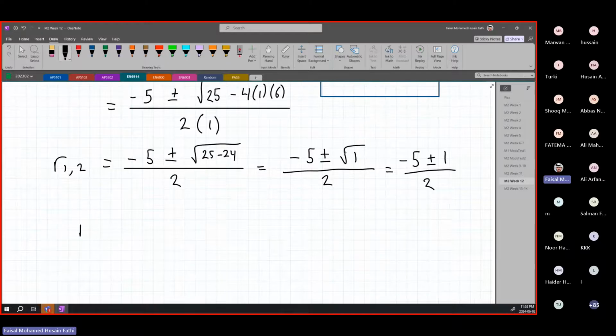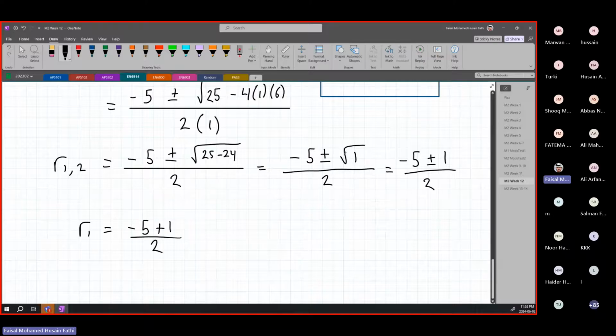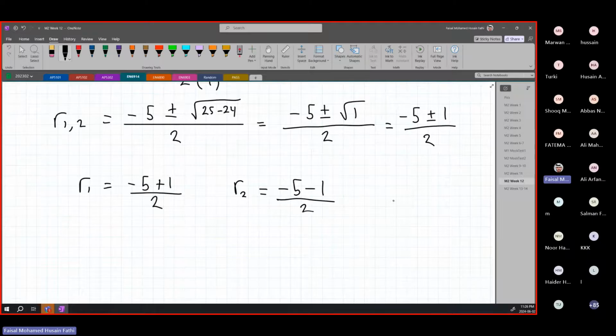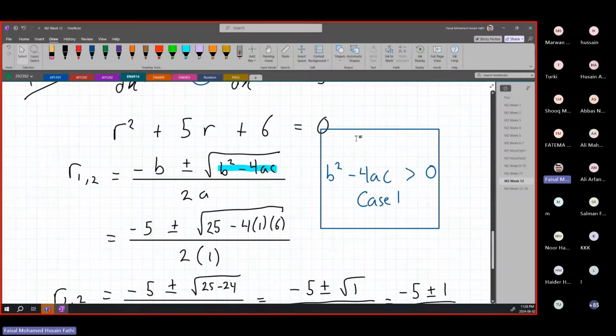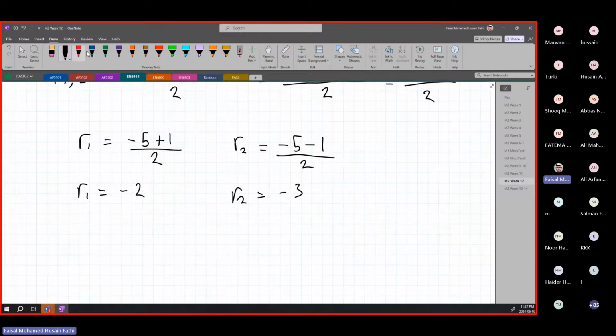This means that R1 is going to be minus 5 plus 1 over 2, and R2 is equal to minus 5 minus 1 over 2. In other words, if we simplify, R1 is minus 5 plus 1, which is negative 4, divided by 2 is minus 2, and R2 is negative 5 minus 1 divided by 2, that's minus 6 over 2, which is minus 3. When we have this case 1, which is b squared minus 4ac is greater than 0, in other words, this means that we have